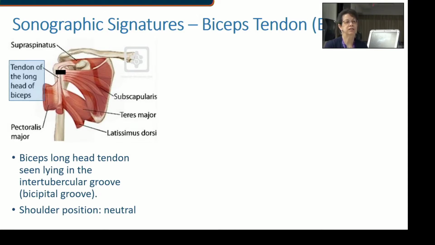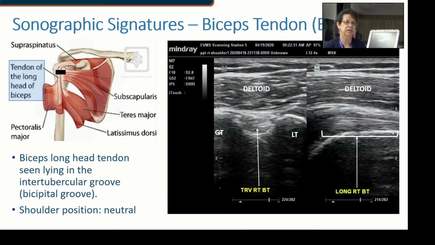And so in this case, to look at that long head, we're going to want it to be in neutral position. So here's essentially the same image, except that on the left image, we're seeing the biceps tendon in transverse,